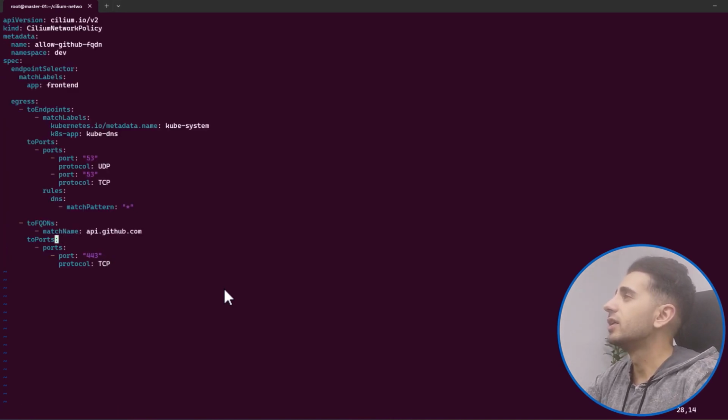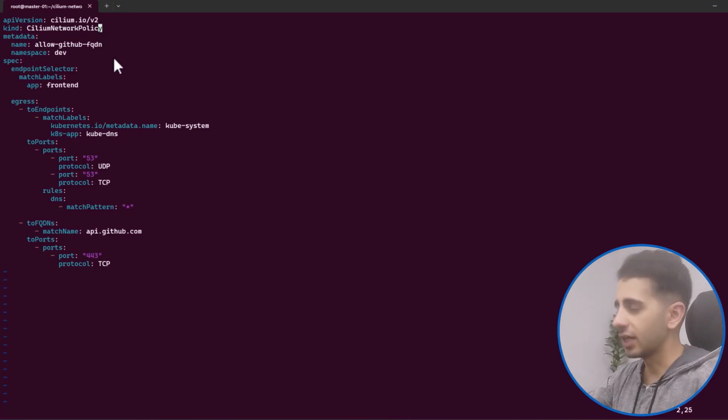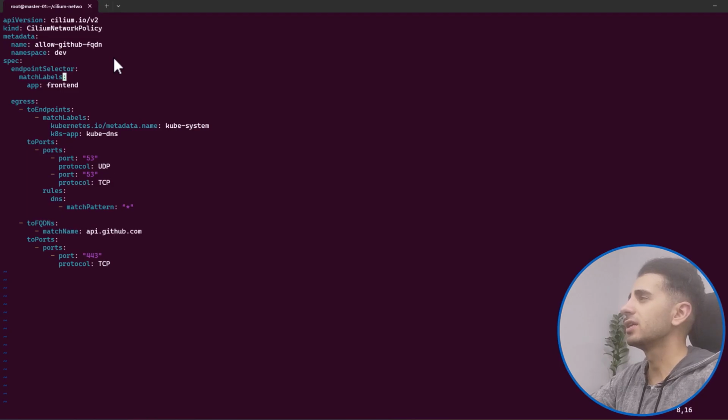Here is the network policy, and let's look at this API version and kind. As you can see here, it's cilium.io/v2 and the kind is CiliumNetworkPolicy. And we choose the name, and it's for the dev namespace, and